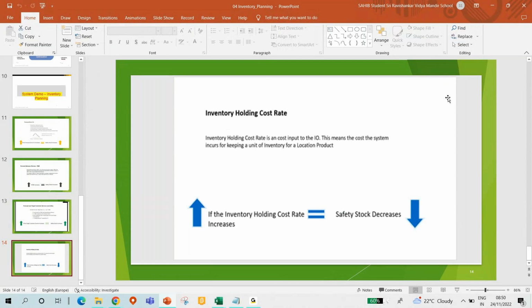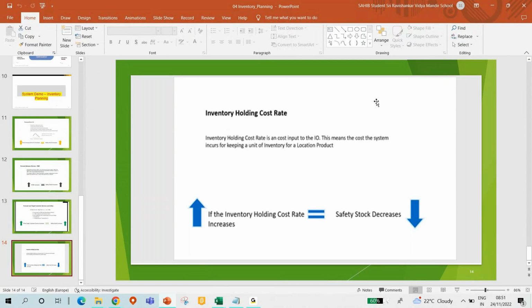We had a customer here, and the customer is backed by one distribution center, and then the distribution center is backed by two plants, like that, right? Let's say that the inventory holding cost for the DC is more, then the system will decide to keep the stock at the plant itself,